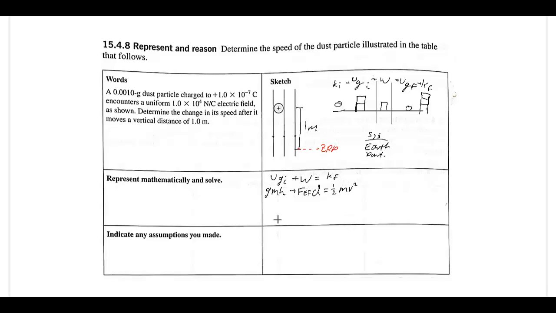Now, can we cancel anything out here? No, we cannot. So, we will substitute in for our force. If you recall on the equation sheet, the force of an E field on an object is just going to be Q, the charge, times the E field strength, both of which we are given. So, mgh plus QEd